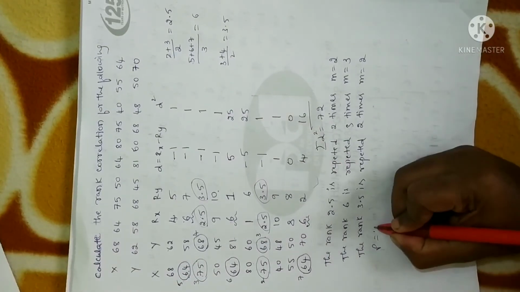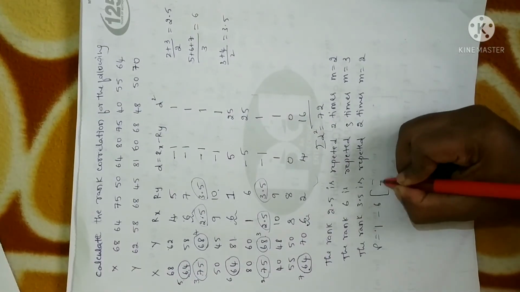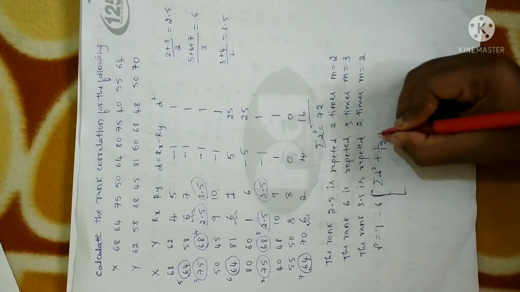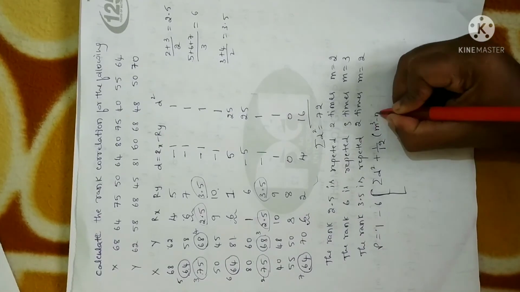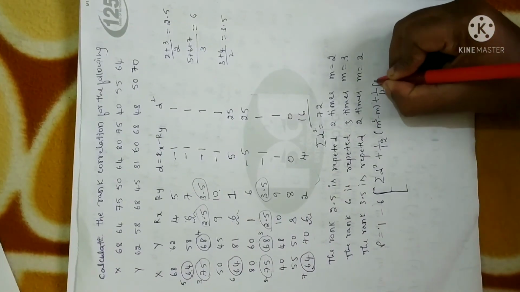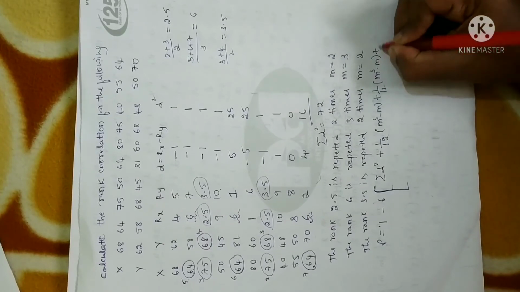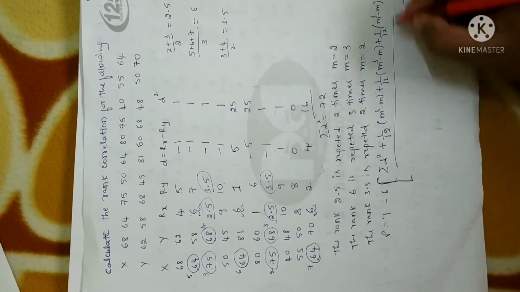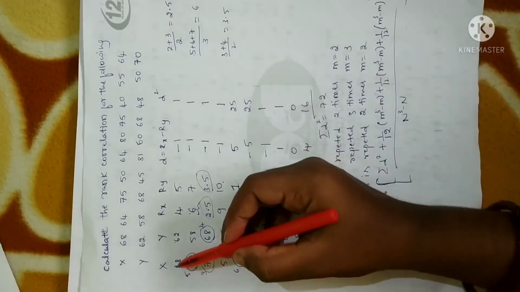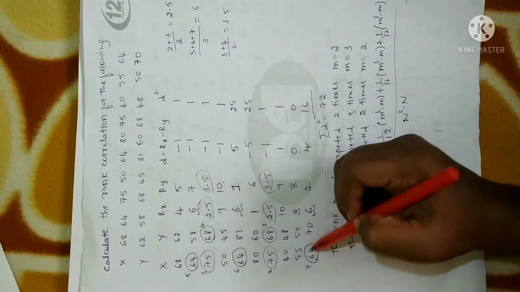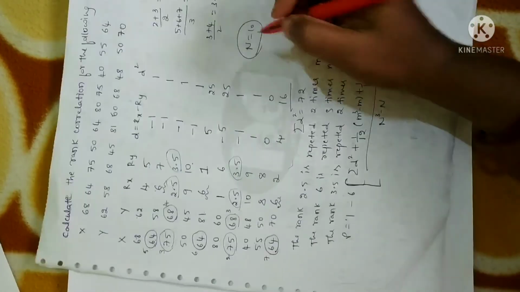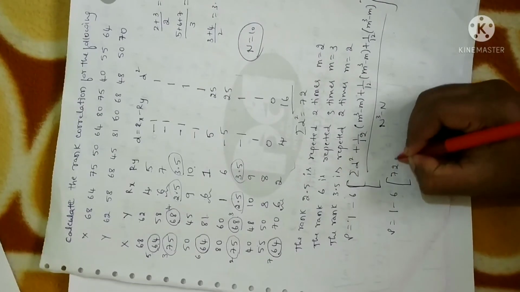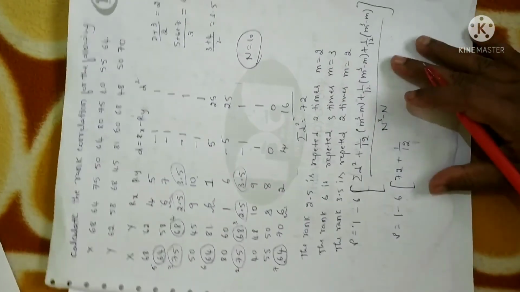So the formula will be rho is equal to 1 minus 6 into sigma D square plus 1 by 12 into M cube minus M plus 1 by 12 into M cube minus M. So third time, plus 1 by 12 into M cube minus M, divided by N cube minus N. Now N is 1, 2, 3, 4, 5, 6, 7, 8, 9, 10. So N is equal to 10. Clear? So let me substitute: 1 minus 6 into sigma D square, which is 72, plus 1 by 12 into M